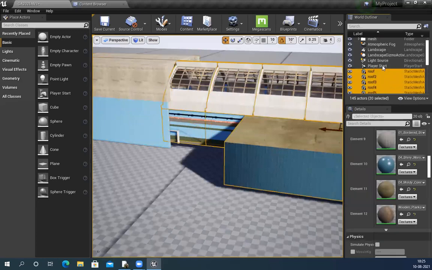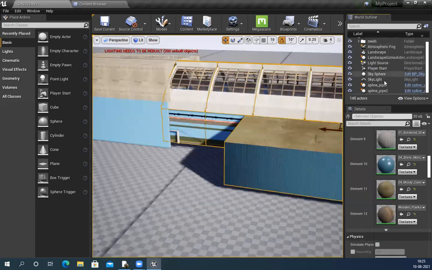This can keep your outliner clean, and you can create folders for everything so everything will be sorted. Right now I have landscape, sphere, and these two splines; I can create a blueprint folder and keep all of these in it.